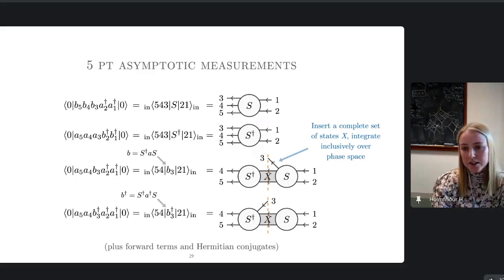So we can also view this as a scattering amplitude for 1, 2 going to 3 and anything else, and then a conjugated amplitude for that anything else to go to 4 and 5. If 3 were not here at all, we could just collapse the S dagger by unitarity, but this is really different. We can't do that here.